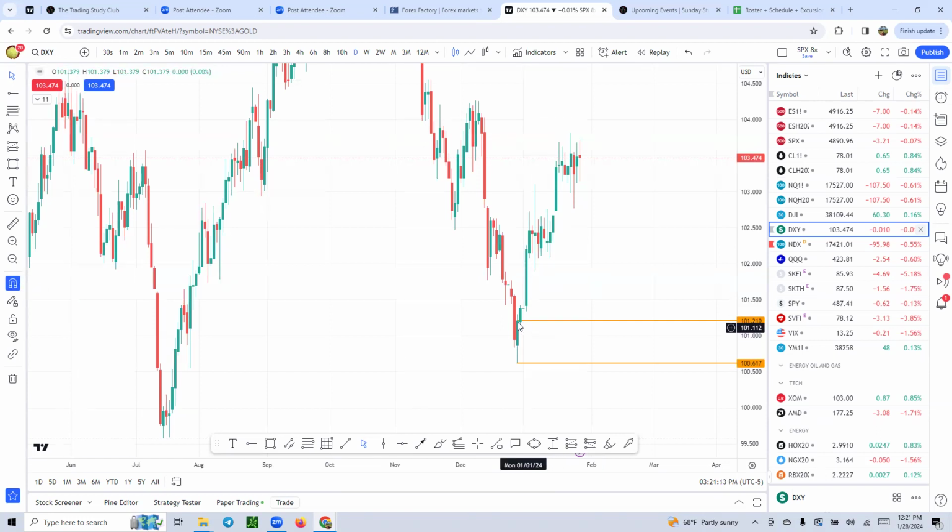And it takes a little bit to get used to, because see how I'm over here and it's trying to snap everywhere. See how it's snapping on open. It'll snap on the open, the low, the high, or the close of the candle. And sometimes when you're dragging it around, you're just like, I'm trying to get it right here, but it keeps snapping. You just have to take the point of your cursor and put it where you want it to snap,